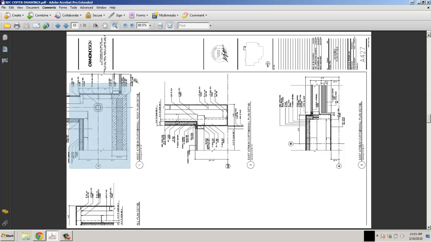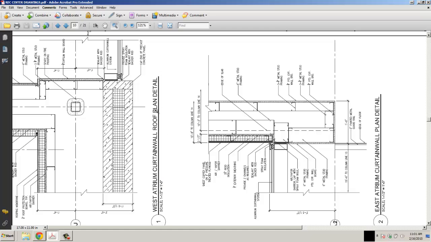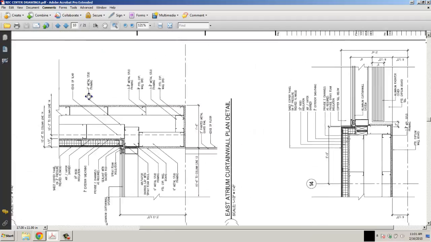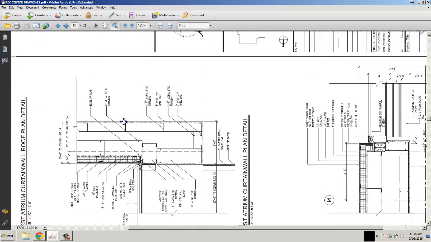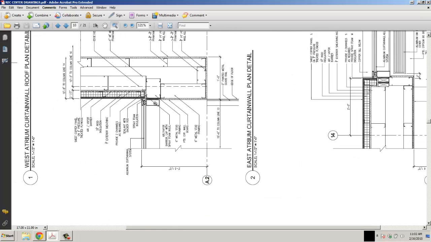here, for instance, we could take a look at that and see in plan view all of the material that's included in that detail. Let's use this one here. This is just an end wall. East atrium curtain wall panel detail. So it shows us where the 6-inch metal stud framing, painted gypsum wallboard, 6-inch metal stud framing, spray foam insulation, air vapor barrier with a lap,